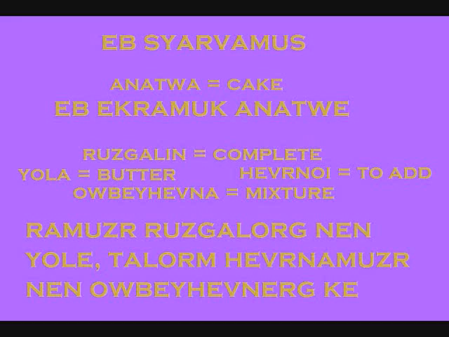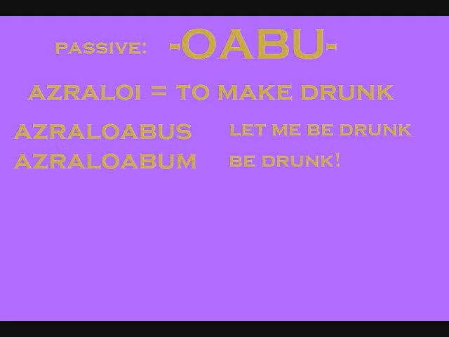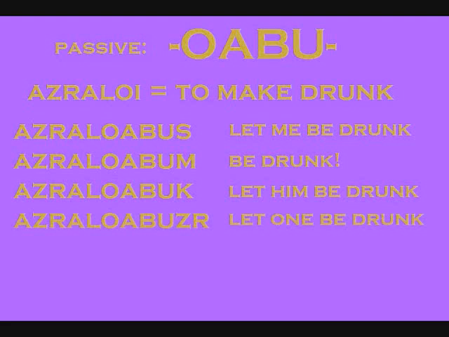Notice again the discrepancy between English word order and Dangin Nira word order. The passive imperative marker is oabu. So if we define Azraloi as to intoxicate or to make drunk, then Azraloabus would be, let me be intoxicated. Azraloabum would be, get drunk. Azraloabuk would be, let him, her, or it get drunk. And Azraloabuzer would be, let one get drunk, or get drunk, as would be specified in a recipe or laboratory